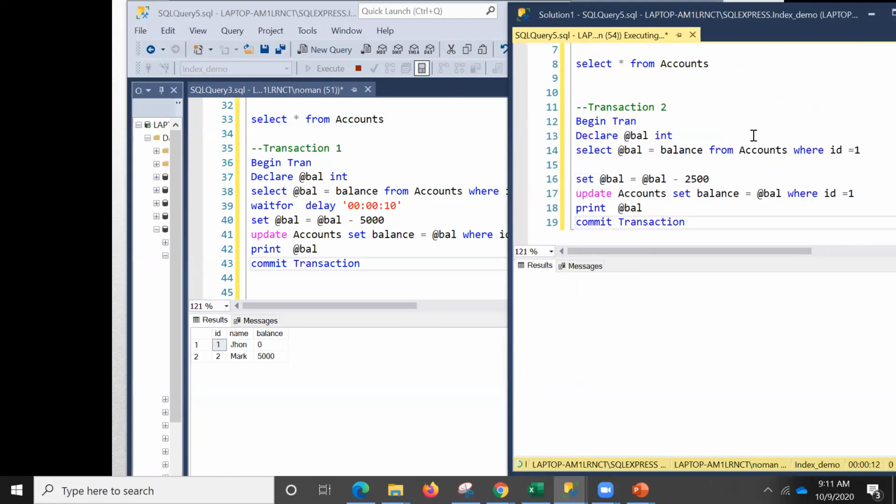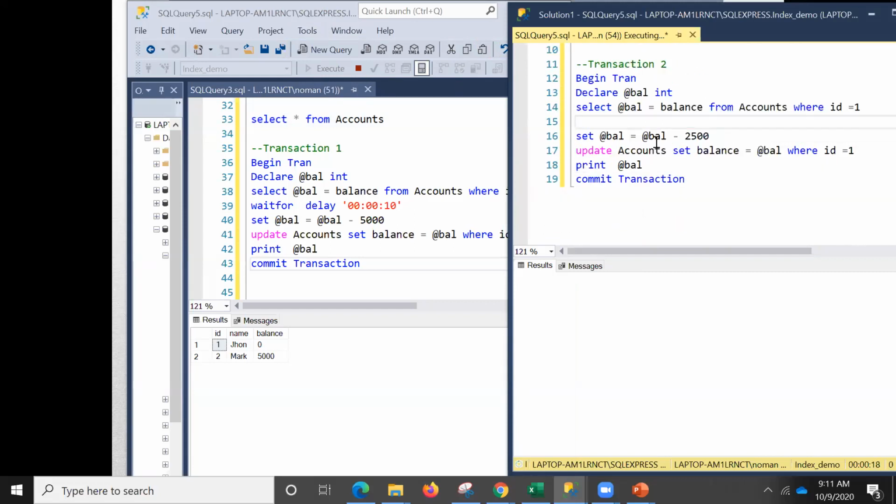If you are successfully able to run it, how many of you are able to run both of the transactions? Not both of them, just transaction 2, which runs for them and gives a result in a split second. I don't know why it is not doing it for me. Has anyone successfully run transaction 2 before transaction 1? No one is able to run that till now? Okay, Alex, no problem.